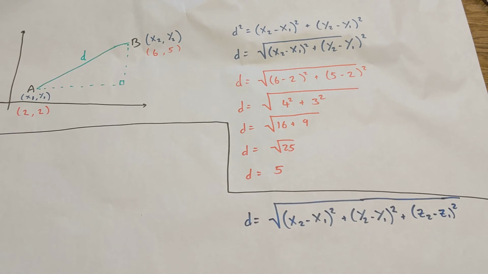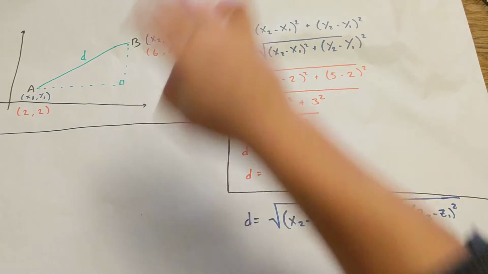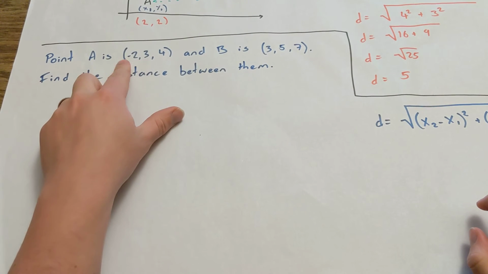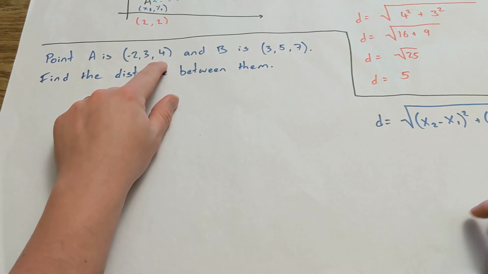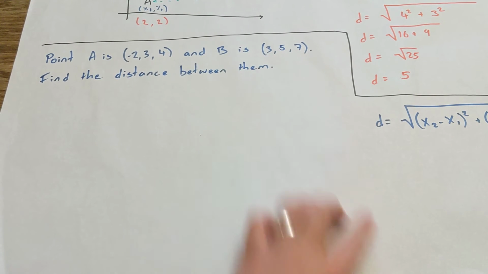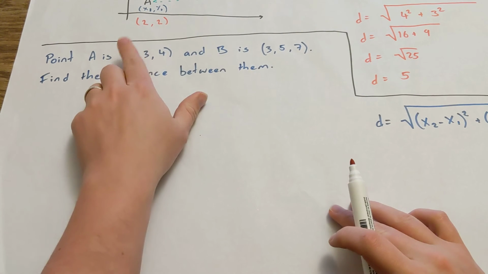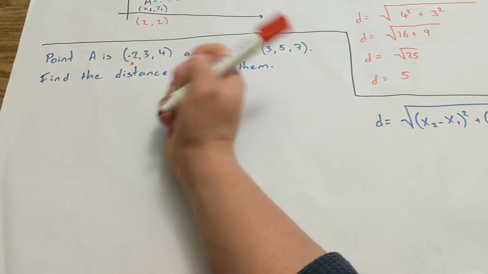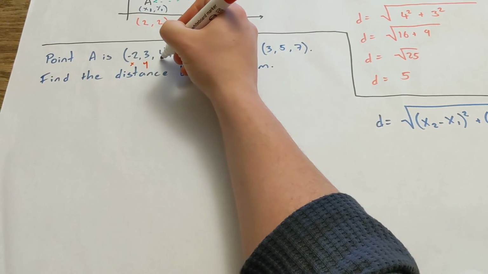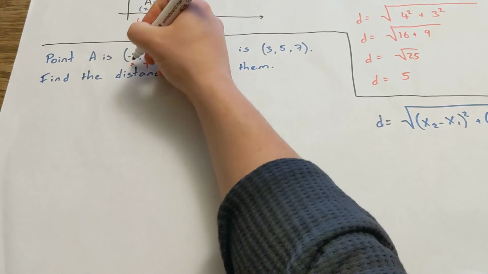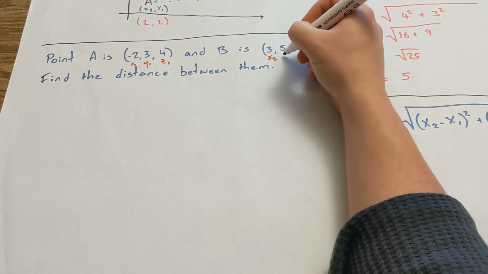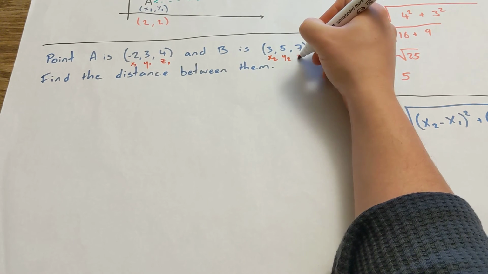So let's have a look at an example of this then. I've written down a question here. Point A is -2, 3, 4, and B is 3, 5, 7. Find the distance between them. And just because we're not really familiar with the x, y, z coordinates, I'm just going to label them on. The first is still your x, the second is still your y, and the third one is your z. Let's label them x1, y1, and z1. Here, first one is still your x, second one is still your y, and the third one is still your